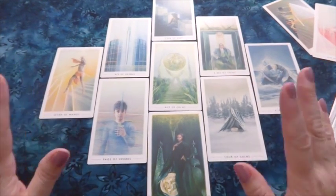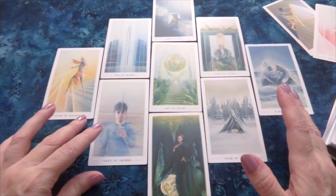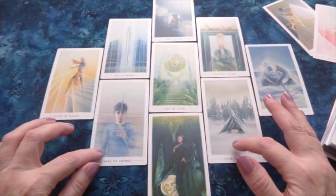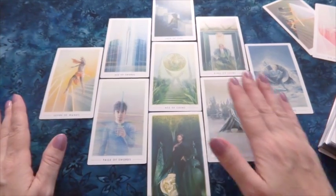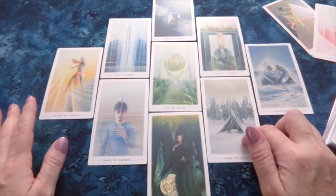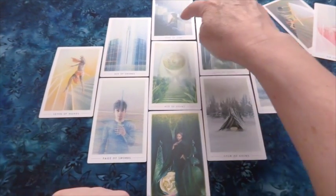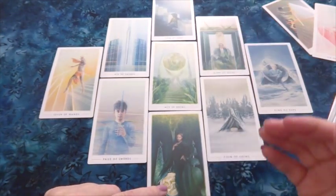And then the other thing that is for me essential in a reading anymore is the 4 elements. So for me, I have air and fire and earth and water in these 4 positions here. And then in these 2 positions, I have